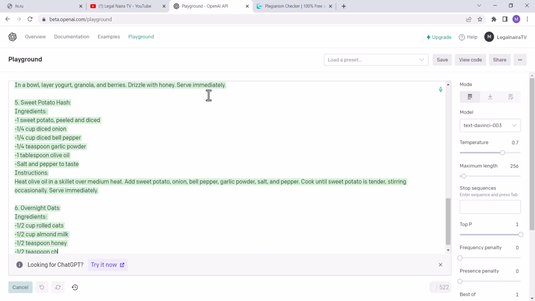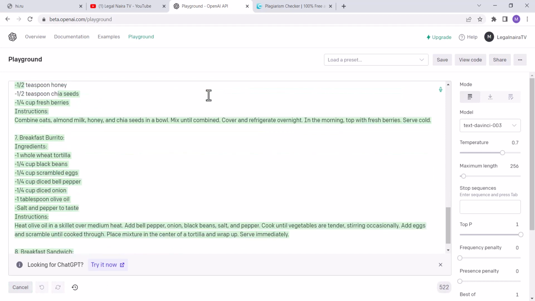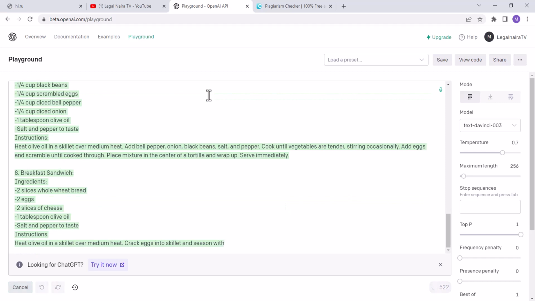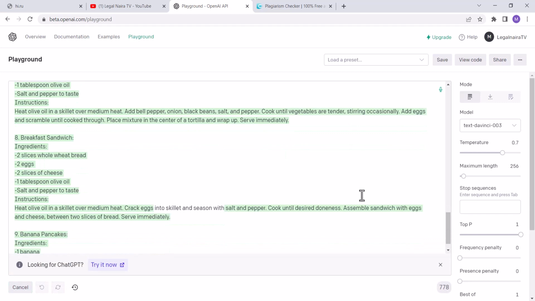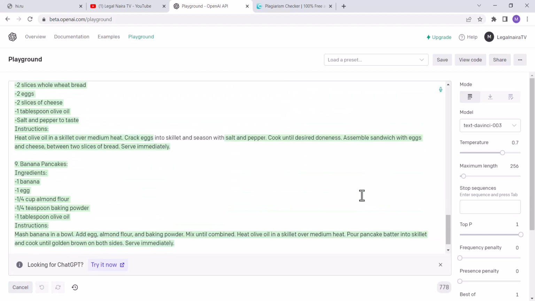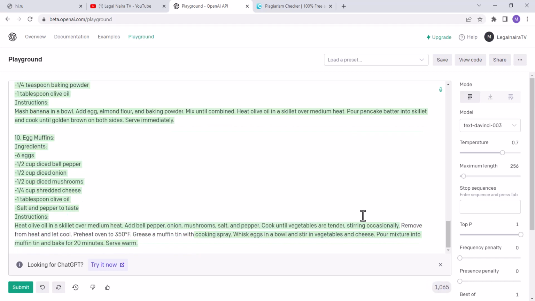So this is 6. Control Enter to continue. It will not stop until it gets to 10. When it gets to 10, it will stop. Number 8. Control Enter. This should be my network. Control Enter, Control Enter. It must continue. If it has not gotten to the number you want it to produce, just keep pressing Control Enter whenever it stops. So Control Enter, you see we have 10 complete diabetic recipes, breakfast diabetic recipes, and as you can see